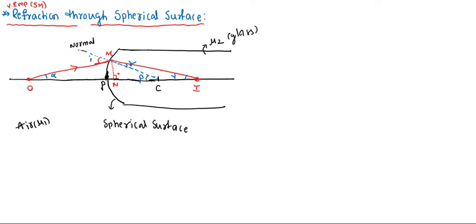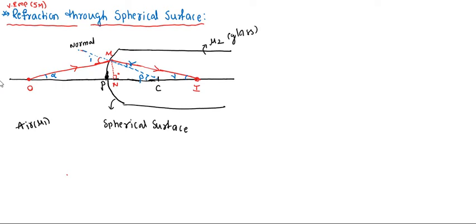And after that, when the light ray goes from a rarer medium to a denser medium, it will bend towards the normal. Then it is bending towards the normal, this blue line, and then it is going along this line. It is going in a straight line and reaches the eye point.